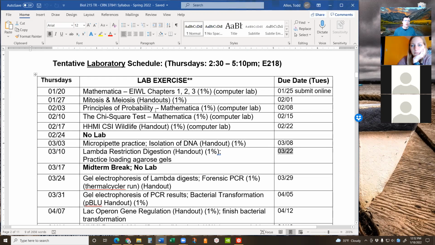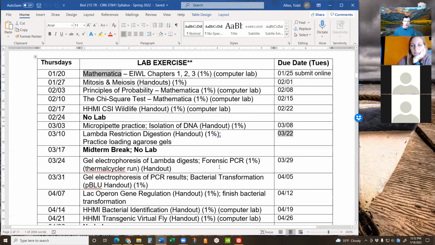Okay, so our first lab, of course, is this Thursday, and the topic of the lab is going to be Mathematica. I'm going to use a lab to introduce you to this programming environment. It's going to take a couple hours to do that, and we will do it on Thursday, okay? So on your schedule,